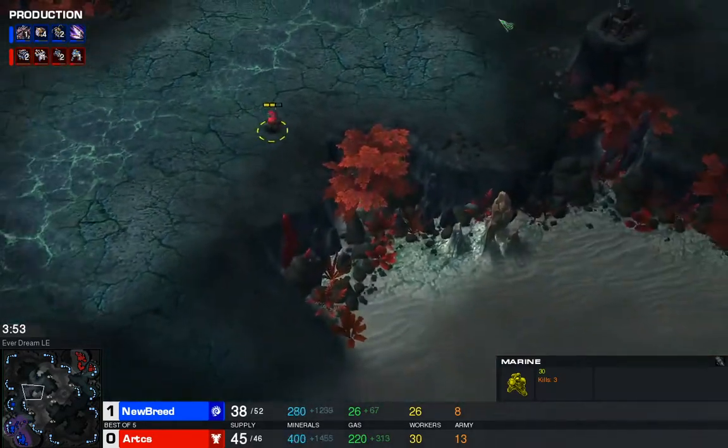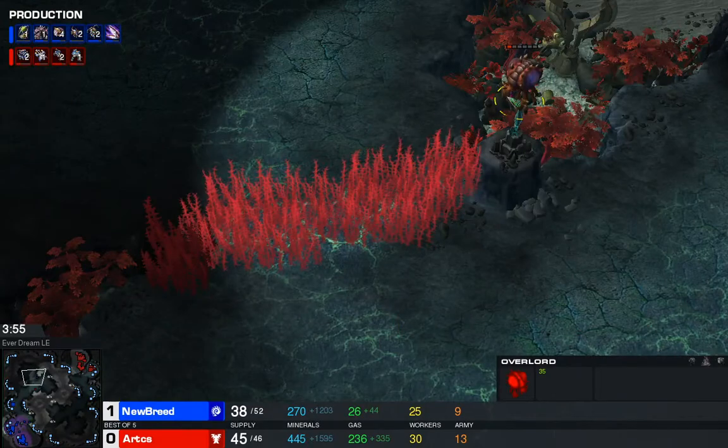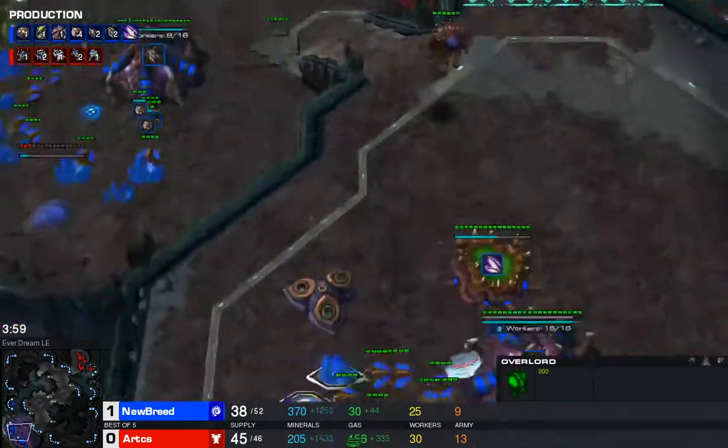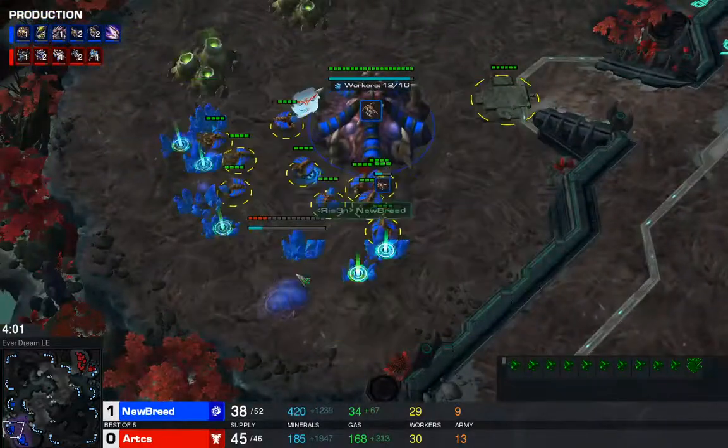How did that Marine get there? That's weird. I guess he's Overlord hunting. Oh, he was going after this guy. But that's such a rough start here for New Breed, who's going to need to kind of